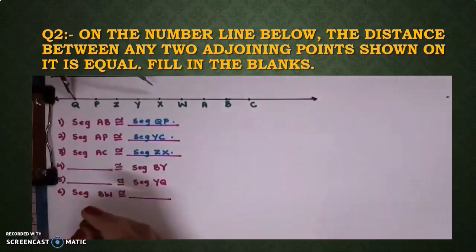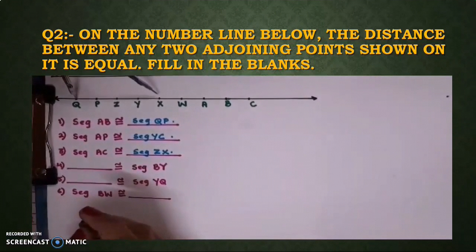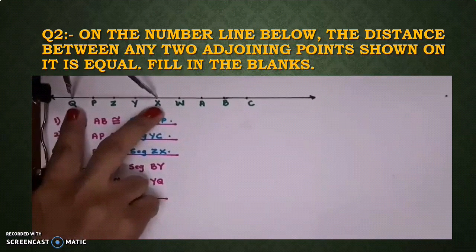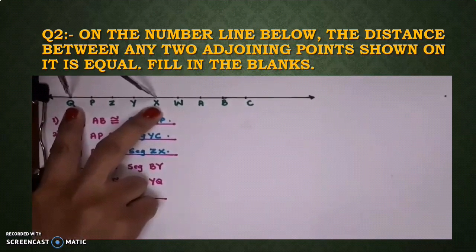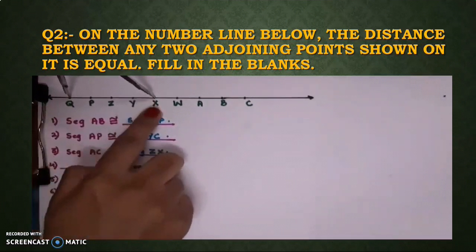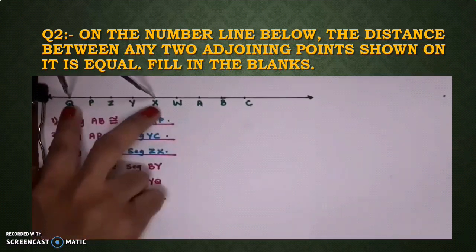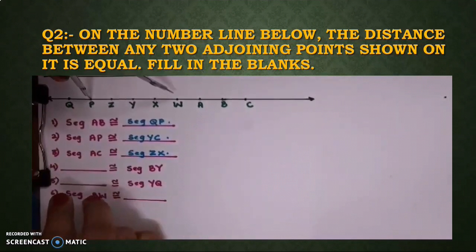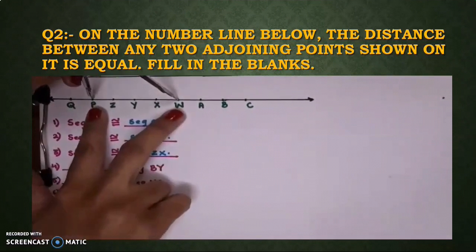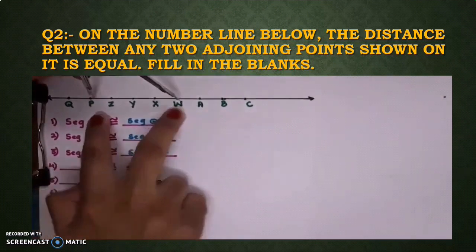So now again we will start from Q. I am keeping it on Q and see what name I am getting: X. So my first possible answer is segment QX. As my first point is on Q and the second point of the divider is on X. Now if I am keeping it on P, then I am getting the same length at PW. So my second possible answer is segment PW.